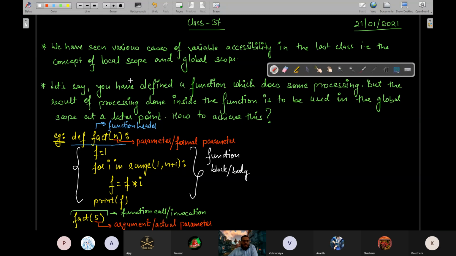Okay, now what do you think is the limitation of this function?